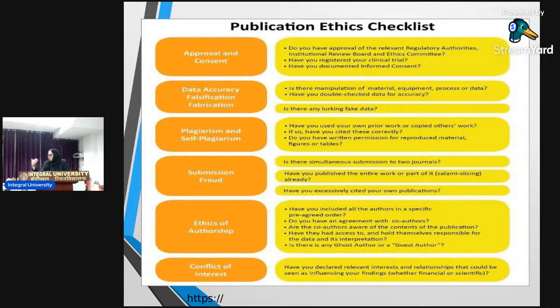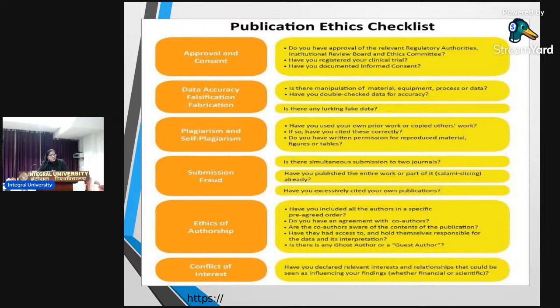So just using somebody's lab does not authorize the person to be an author, right? Why? Because the person has not made any intellectual contribution. Intellectual contribution means that the objective has also been designed by that author. That is why the person is giving you space in the lab, and all the objectives would be conducted and executed in that particular lab. Is that clear? So, have you included all the authors? If you are saying yes, then we can proceed.